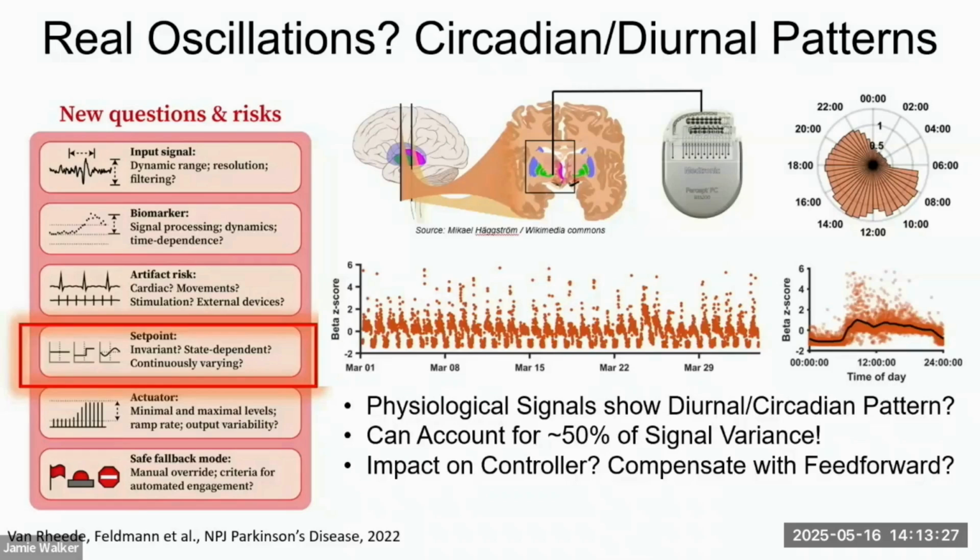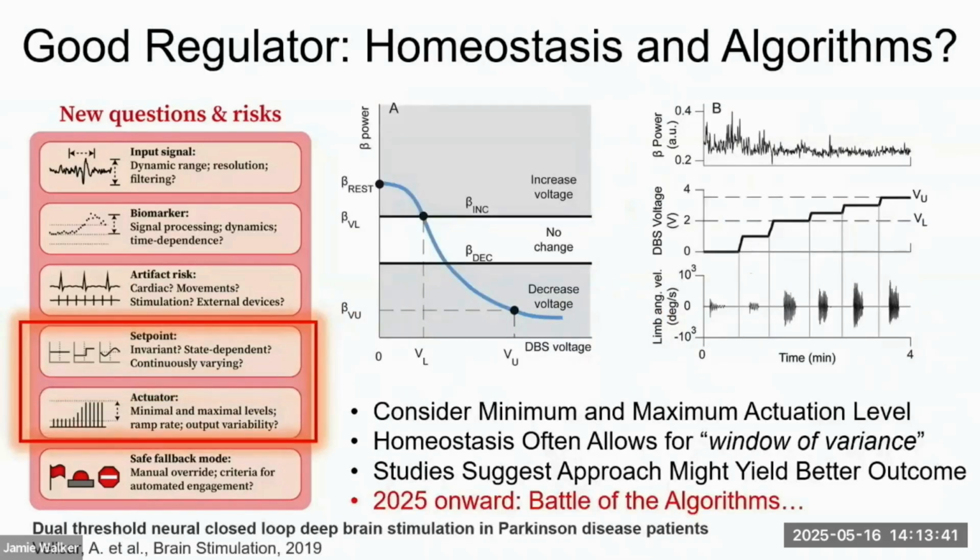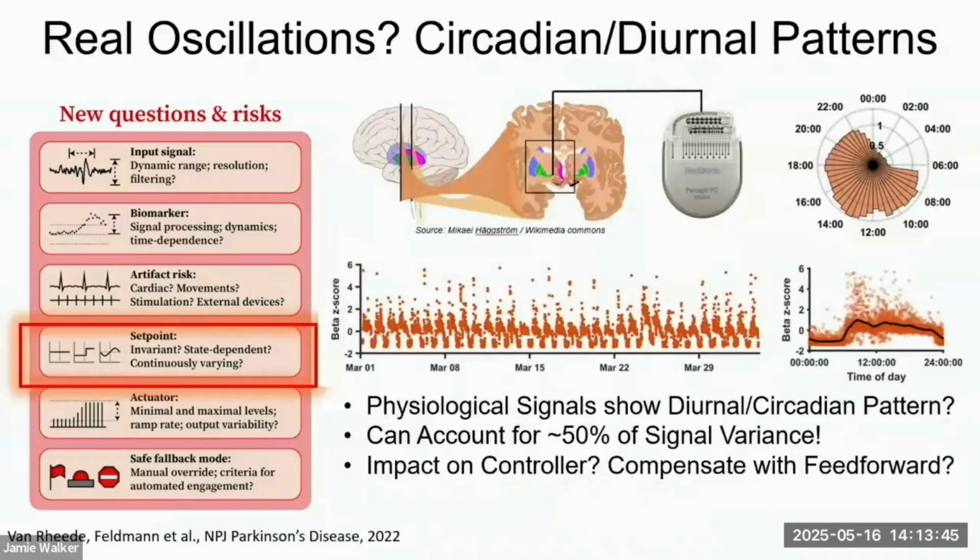So thinking about the sensor design, I don't know about your sensors, but certainly any physiological sensor, thinking about circadian rhythms and how those need to be accounted for has become really front and center in the work we do. And one thing that I'll just say as an aside, being very pragmatic, like I'm an engineer's engineer, even though I'm a professor,